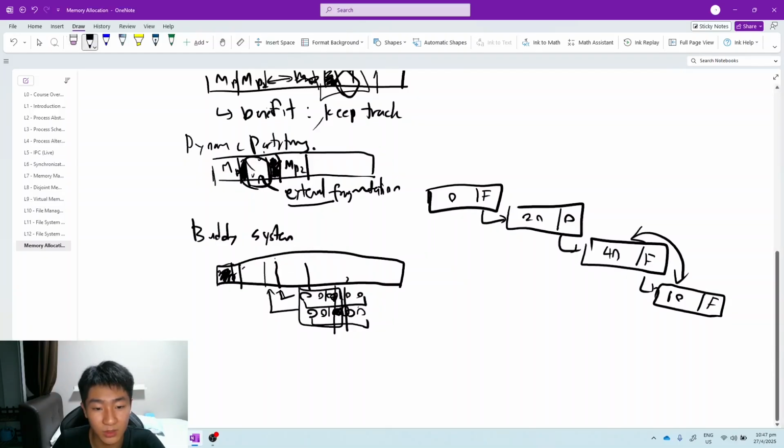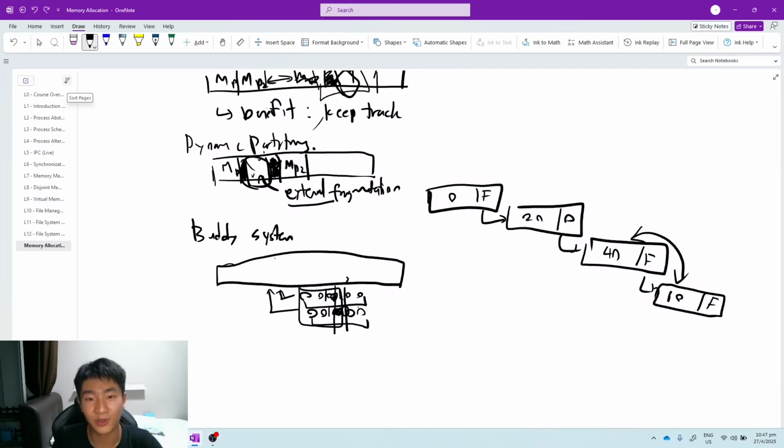And the buddy merging goes on and on until you can merge everything back together. So that's the beauty of the buddy system. It's a very easy way to merge and unmerge things, unlike using a linked list, as you can see there. Of course, the intricacies of the buddy system come with the implementation. For example, each of these partitions is implemented as a list of, we have the index of k. Say k is 0, 1, 2, 3, 4, and each k is a list of partitions with size 2